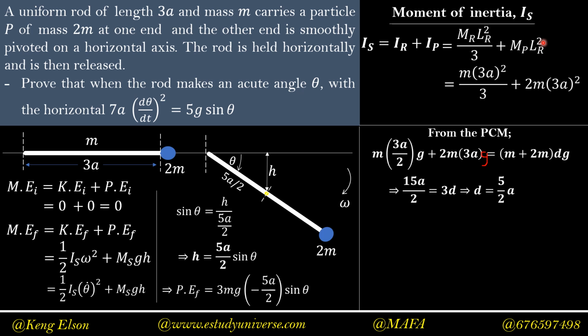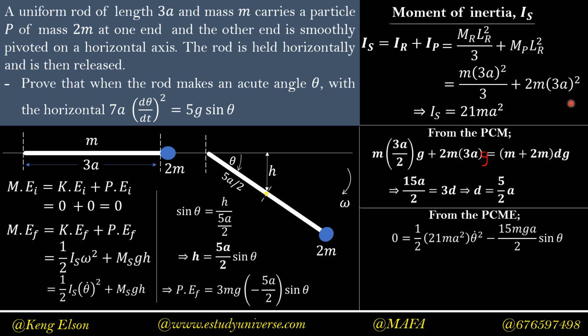So when we simplify, the mass of the rod is m, the length of the rod is 3a, all squared, and we divide by 3. Then we add the mass of the particle, 2m, and the length of the rod all squared is 3a all squared. So if we simplify correctly, we get that the moment of inertia of the system about that axis is 21ma². Now we need to apply the principle of conservation of mechanical energy, which says that